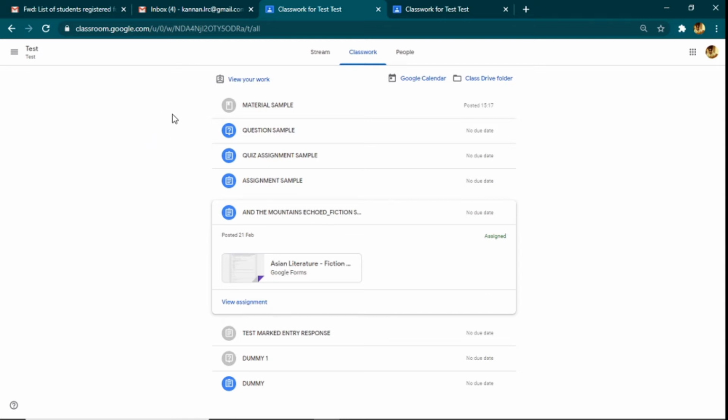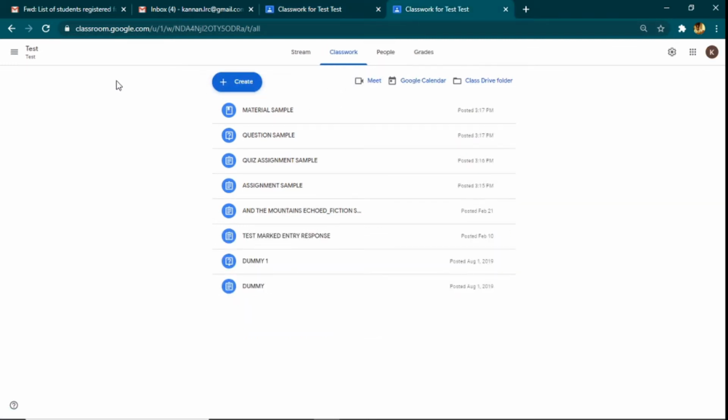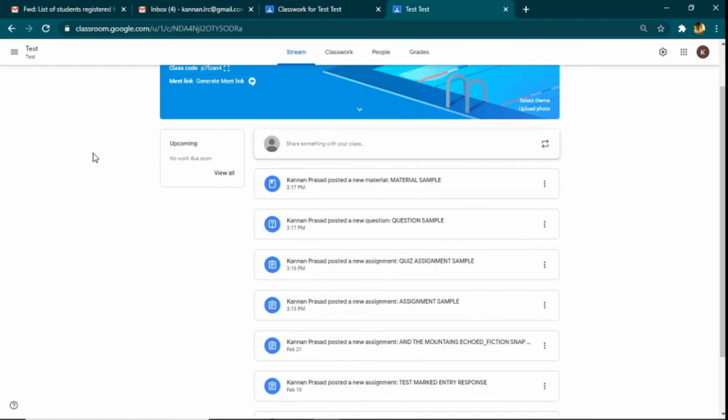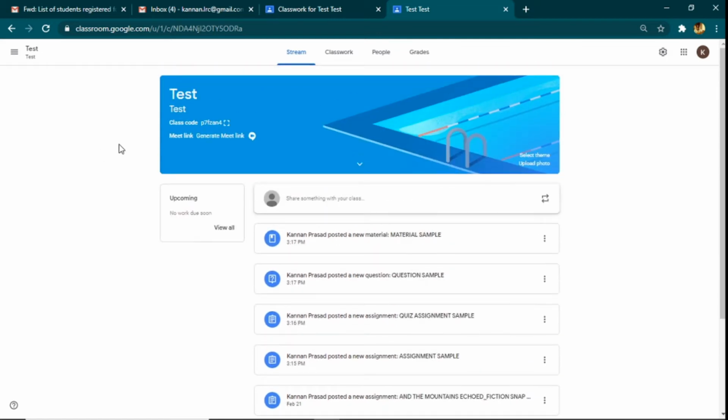The first thing I'll be doing, as we have discussed in the last module of the same course requirement, is sending you emails through this platform. So let's say that I have a Google Classroom called test over here. When I enter Google Classroom test, it would look something like this. What I'm going to basically do is explain to you the various features of Google Classroom.